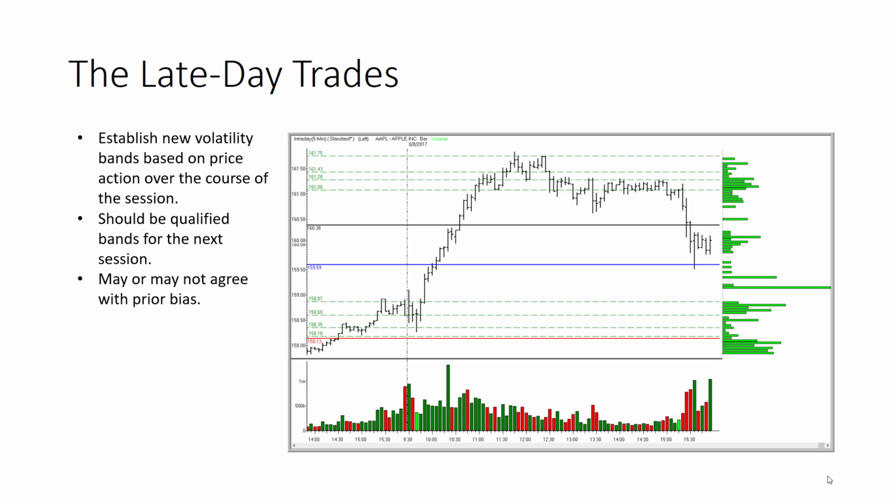Your trades may or may not agree with your prior biases. So in some cases, you're coming into the current trading session with a long bias, and by the end of the day, price has reversed and you've got a short bias for the next session. So the latter half of today, your bias has also changed. If the stock started moving lower over the course of the day, and you're going to go out with a negative close, you're going to go out looking short into the following session, then you're going to want to make sure that the bias that you have for the current session also has shifted.